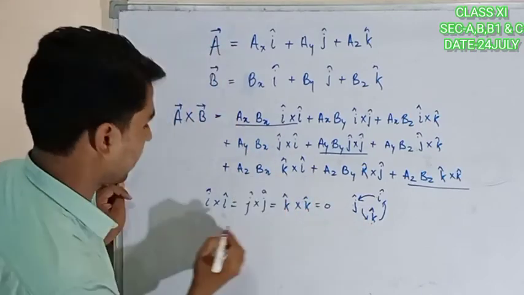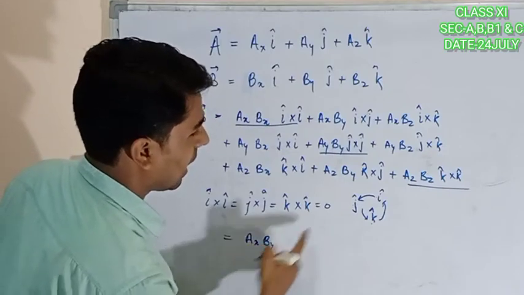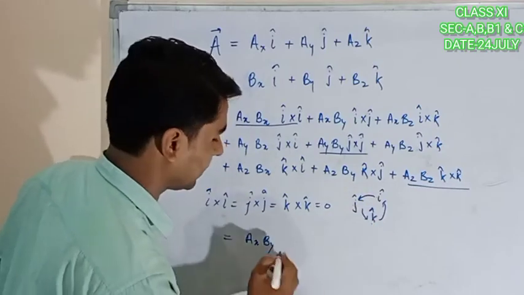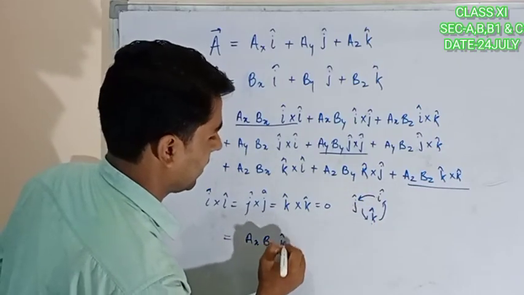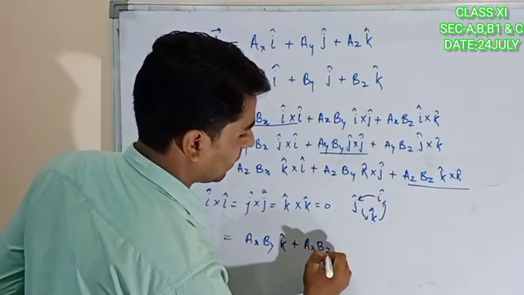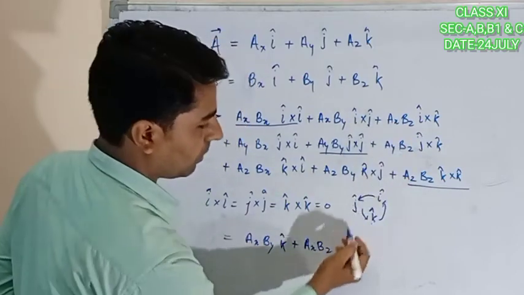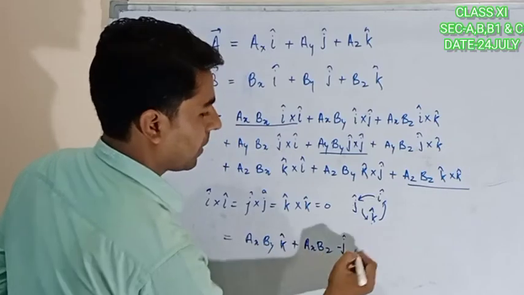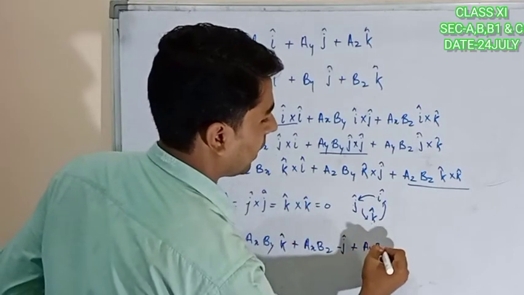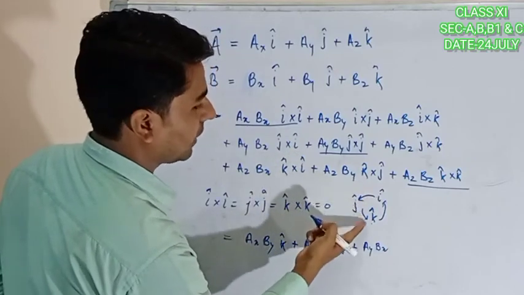I'm writing each and every factor. ax by i cross j, answer k cap, in the cycle. Plus ax bz, i to k, reverse, so minus j cap, plus this factor ay bx, j to i going reverse, so minus k cap